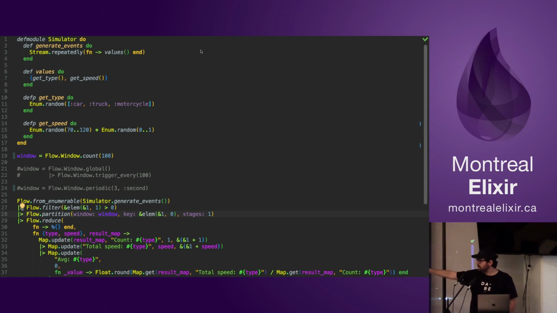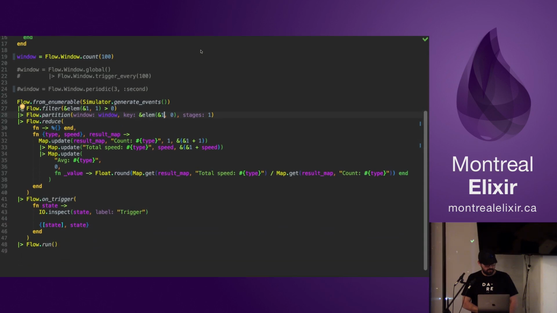I'm doing the random 0 to 1 just to put some errors inside. So imagine that my radar, my sensor, sometimes cannot get the speed of the vehicle. So it's going to give me 0, saying, okay, this vehicle passed through me, but I couldn't measure the speed. So it's going to give me some error.